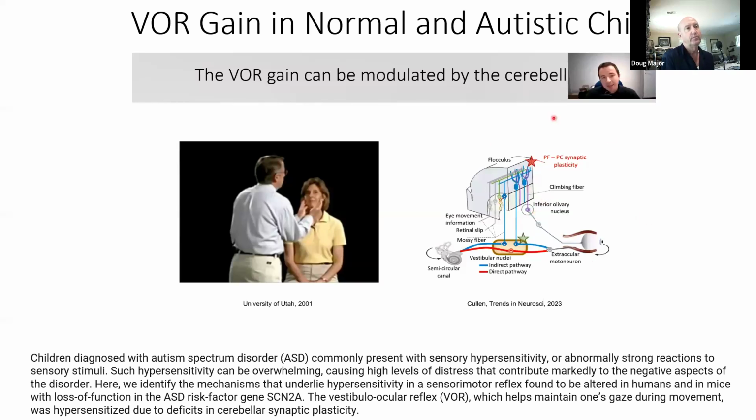And there is a gigantic literature showing that the plasticity between parallel fiber and Purkinje cells is critical to modulate